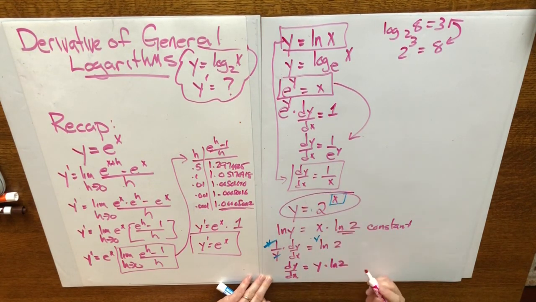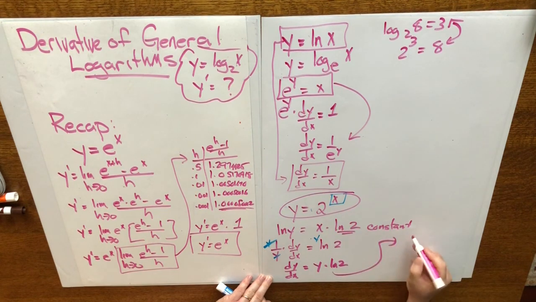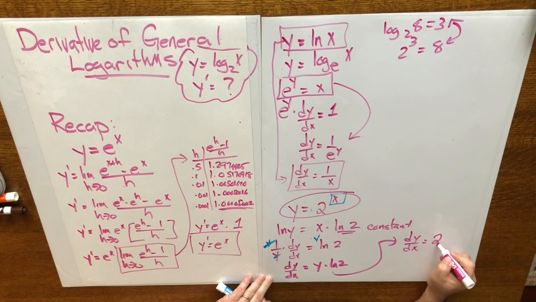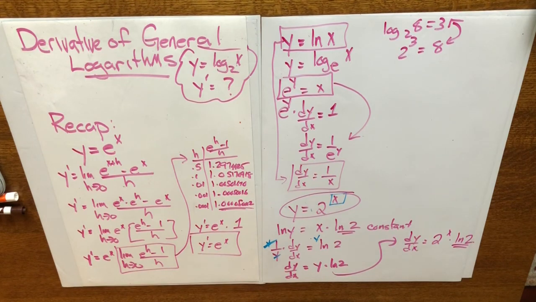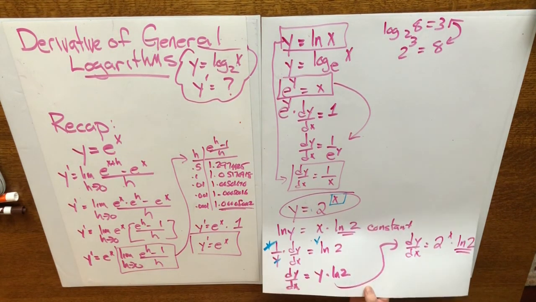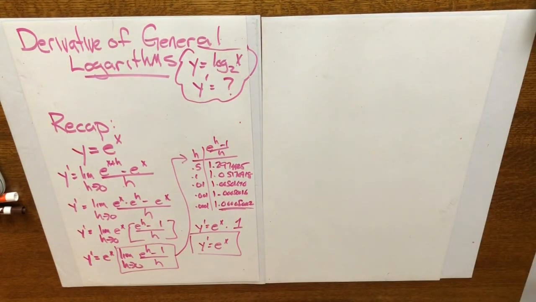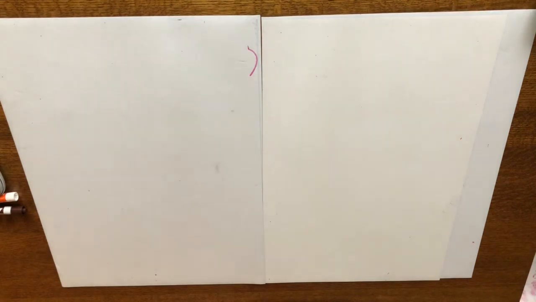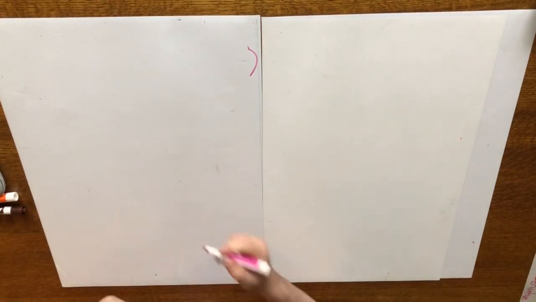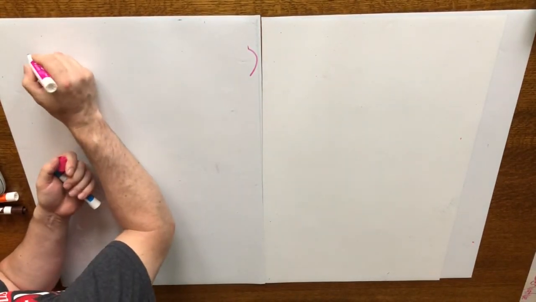Y was equal to 2 to the x. So we said dy over dx is equal to 2 to the exponent x times this ugly constant ln 2. So those were the three derivatives that we established earlier in the unit. Now we're going to take a look at how to establish the derivative of a general logarithmic function using those as our anchors. So what's the derivative